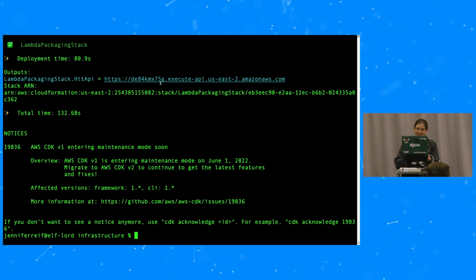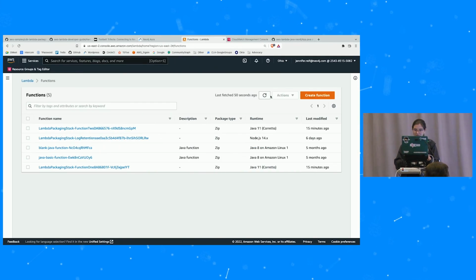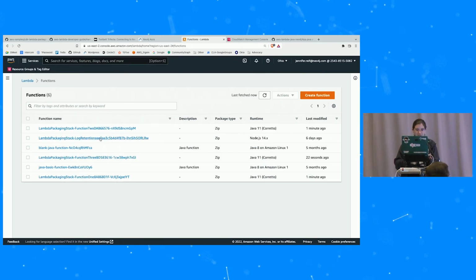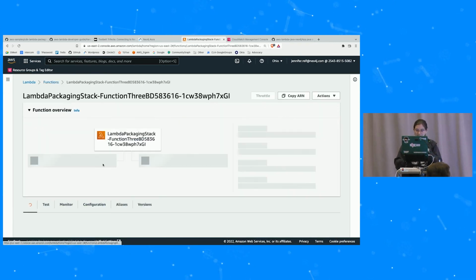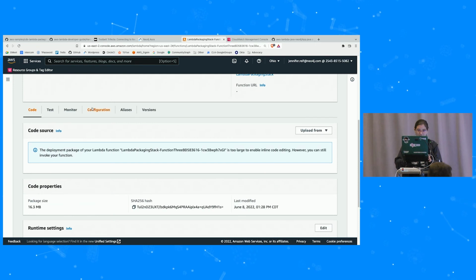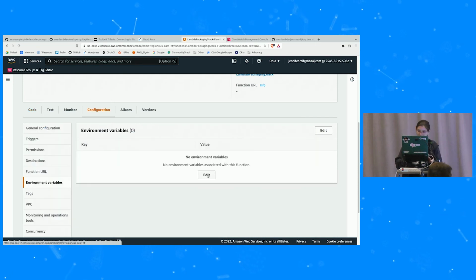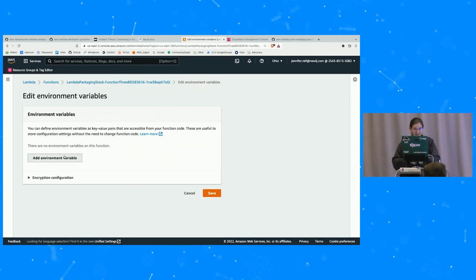There we go. Okay. So yep, there's our API up. And let's go over to the browser here. And function 3 shows up now in the list. I can zoom that in just a little bit more. And if we go over to our configuration, you can see we have no variables. Fun. So I'm going to add some